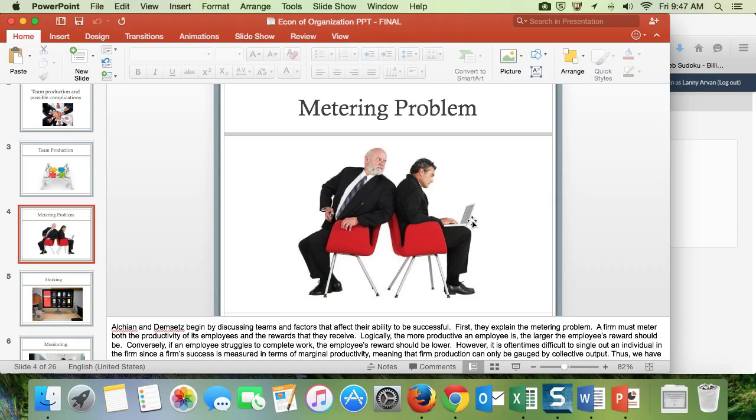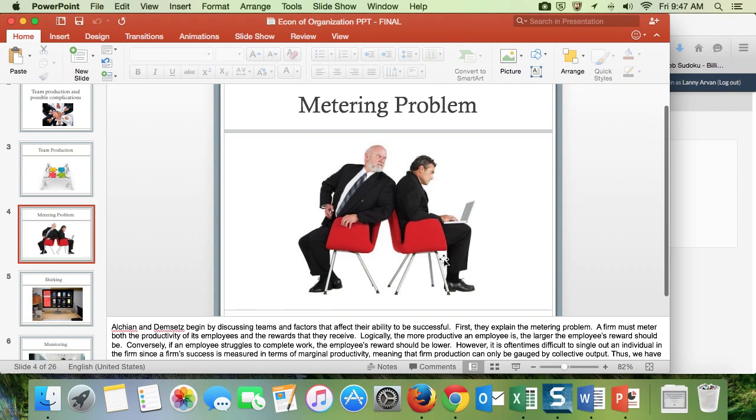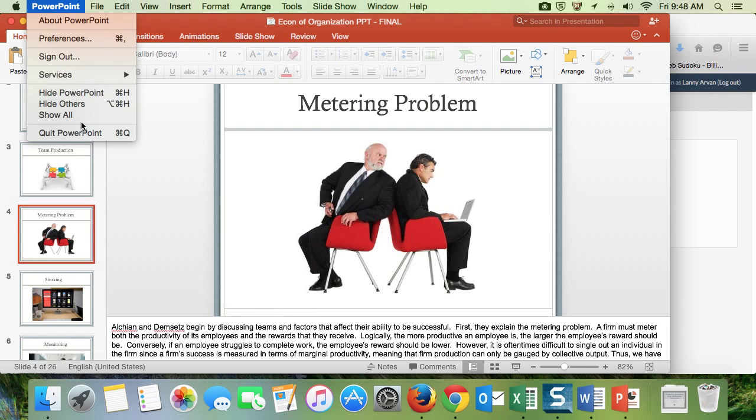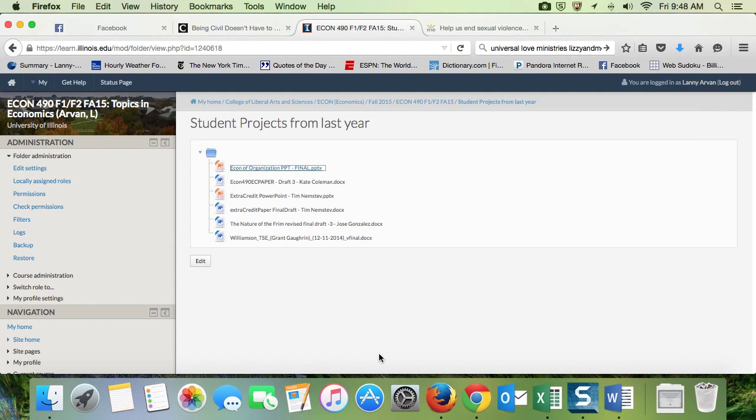metering problem is about. And so at the end of writing the paper, you will make a PowerPoint presentation of this sort. If you view the PowerPoint in slideshow mode, it takes about 2 minutes. If you view it where you're reading the notes, it takes as long as it takes to read the paper. Okay, so let's quit that. And let's go back